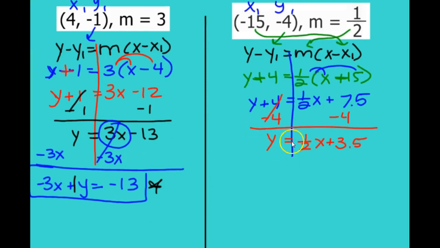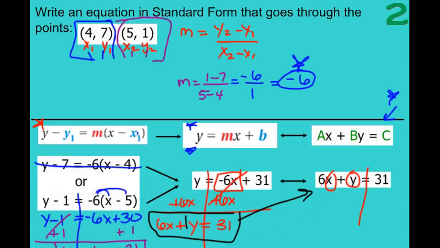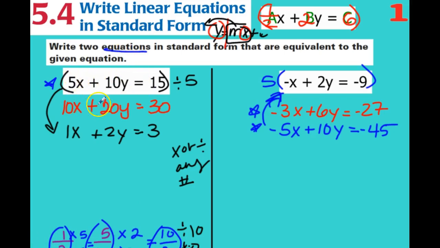But we want x and y on the same side, so I'm going to subtract the 1/2 x over to be on the other side. So we have a negative 1/2 x plus y equals 3.5. Now technically this is a correct answer,